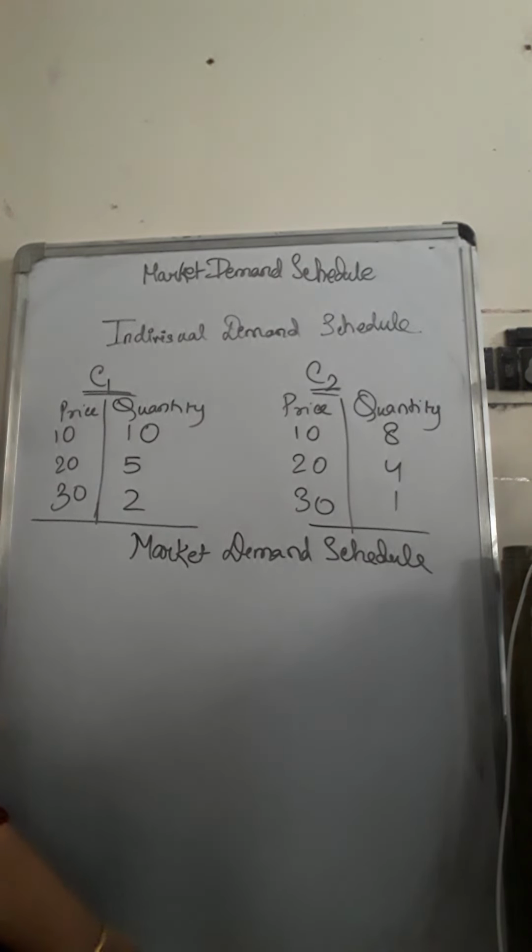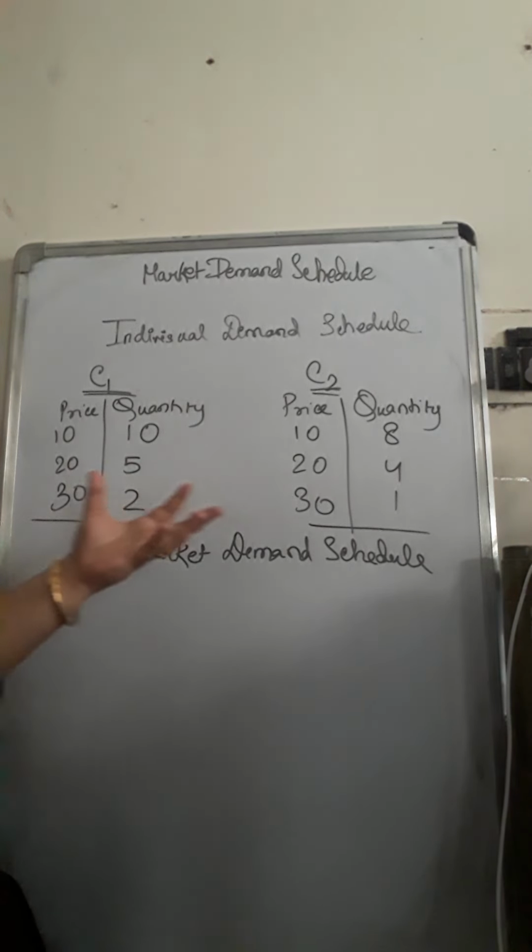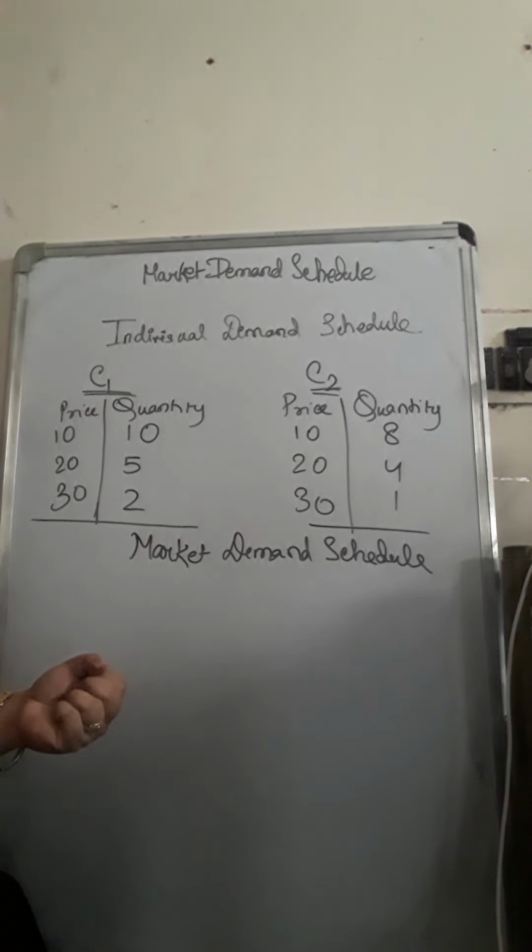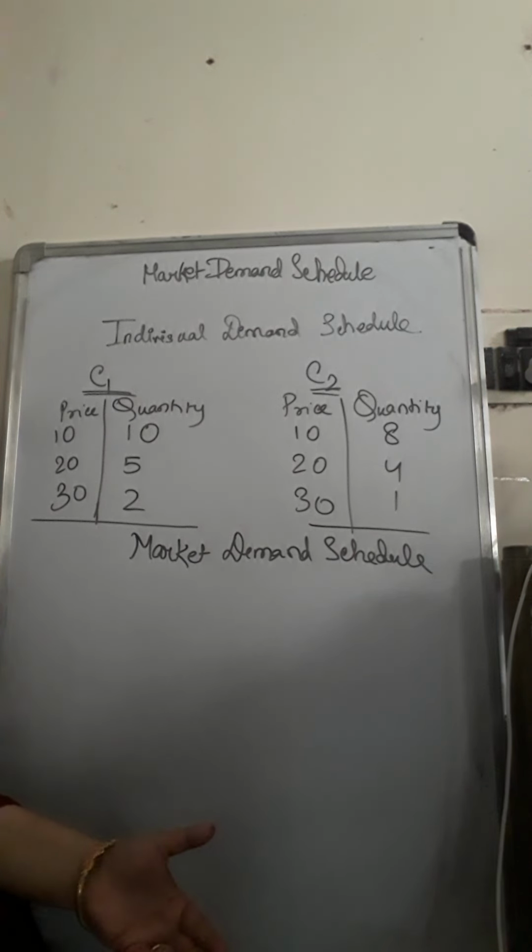Now the producers who are selling the product have to sell to a lot of consumers. So to them, a single consumer's demand doesn't matter. They take into account the total demand created by all the consumers together. That is known as market demand. So what is market demand? The totality of demand created by all the consumers. Because a producer who will supply, will supply in order to meet the demand of the entire market and not a single consumer. So he needs the full information.